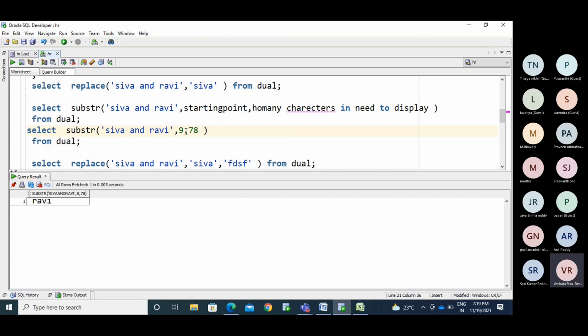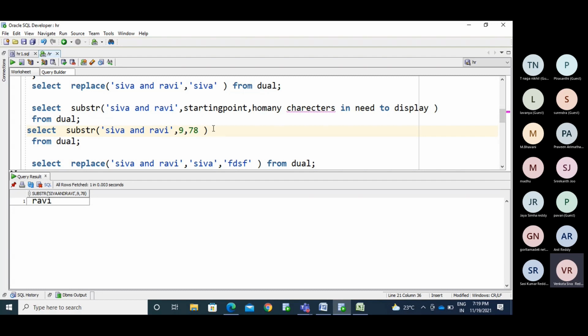You don't have that many characters, but it displays what is available. It is like helping someone: you can only help as much as you can. If you have 100 rupees in your pocket and your friend asks for 10,000 rupees, you say, man, I have only 1,000 rupees, I can help this much only. Now the data is short, so we calculate and replace the values.